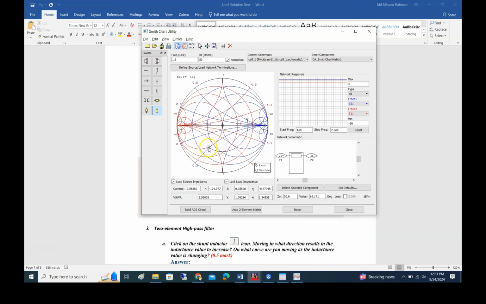Okay, it's clearly up to you. It's really hard to tell because it varies. You can go any way so that you can reach that point, but you always have to choose the closest one. Also, you have to be watchful whether you are moving across the impedance circle or the admittance circle. Okay, so yes, now if you choose this,